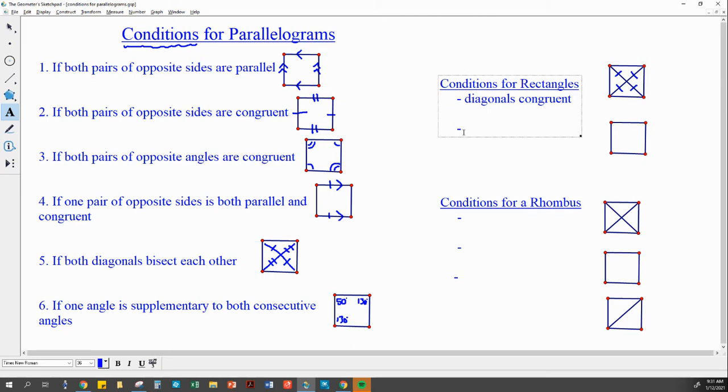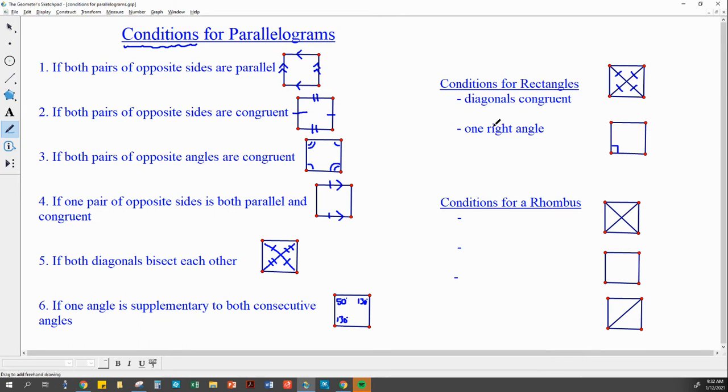And actually, we only need to know that there is 1 right angle. But again, this only works if we already know that we have a parallelogram. All right, we've got to have a parallelogram before we can progress further. As long as I knew that one of these angles was a right angle,